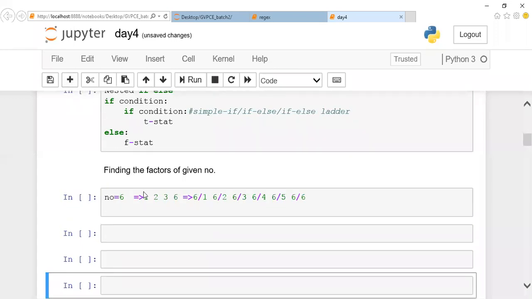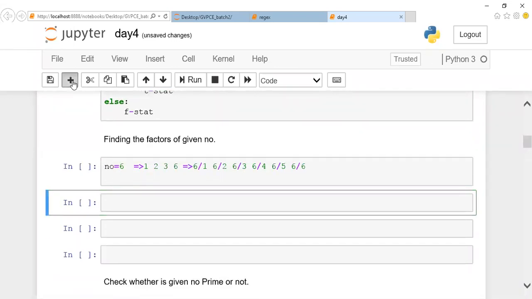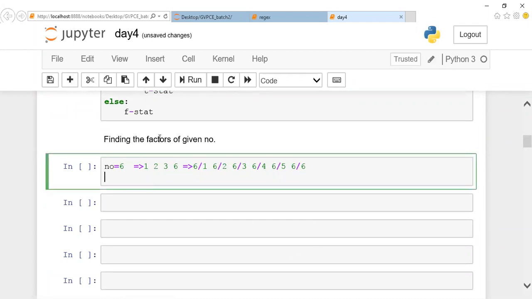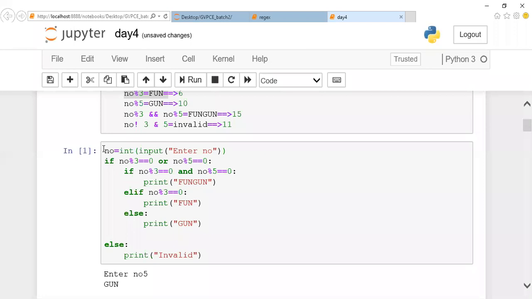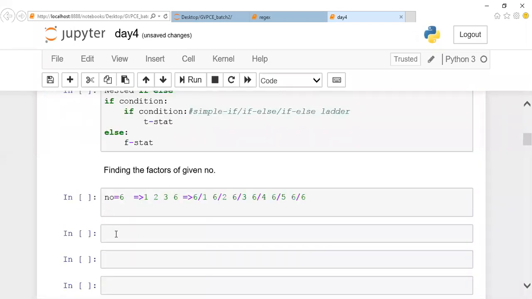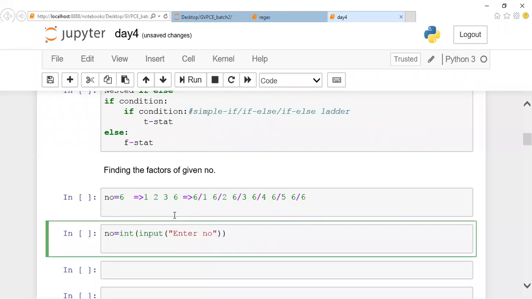Okay, I'll teach you people how to optimize your code. But whatever code you're writing, just write. If you know it, try to write in an optimized way. A program for finding the factors for the given number, you can take hardly 2 minutes. The same input operation. After accepting an input, write logic for finding factors of a given number. And I'll tell you people what a factor is. Make it faster.